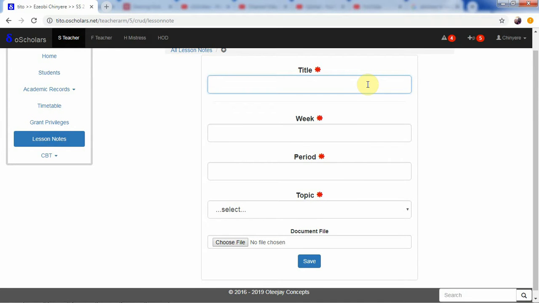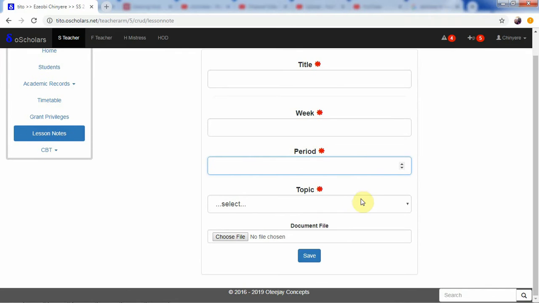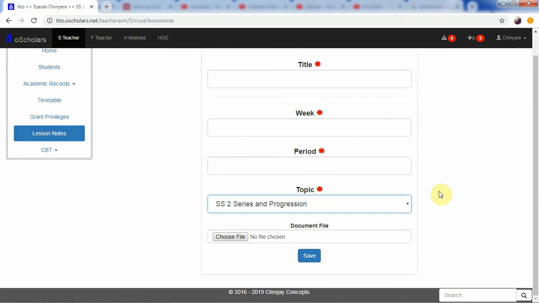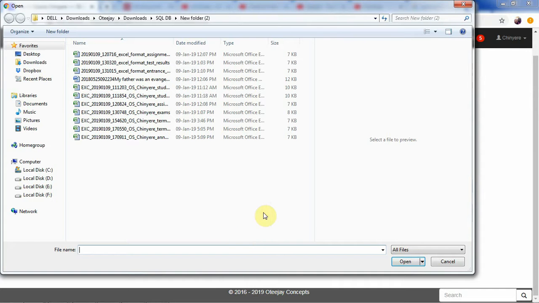We input the title of the lesson note, we state the particular week the lesson note is going to be used and the period in the week that the lesson note is written from. Now we select the topic, that's the topic of the lesson note, and we also upload a document there for the lesson notes. We can say that this is